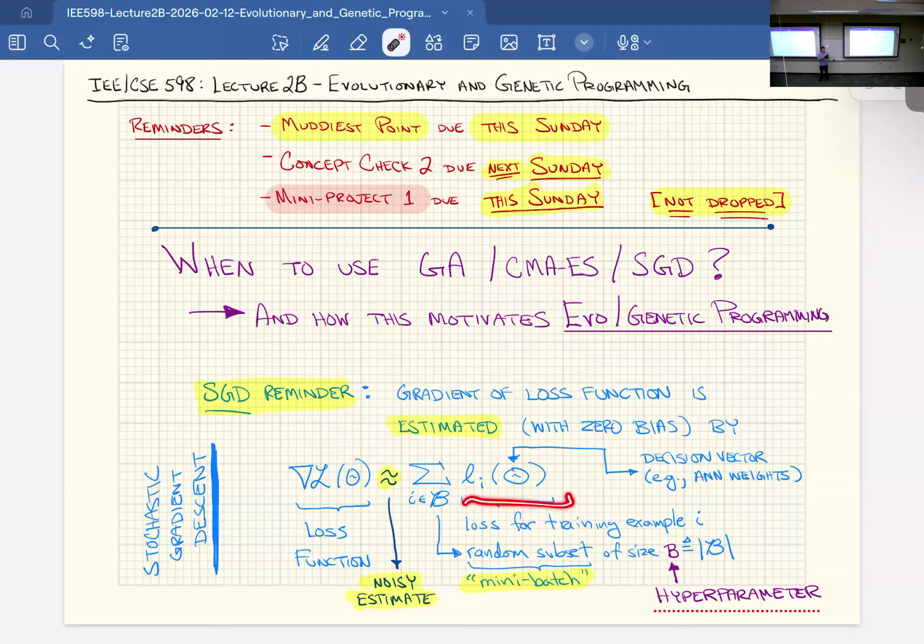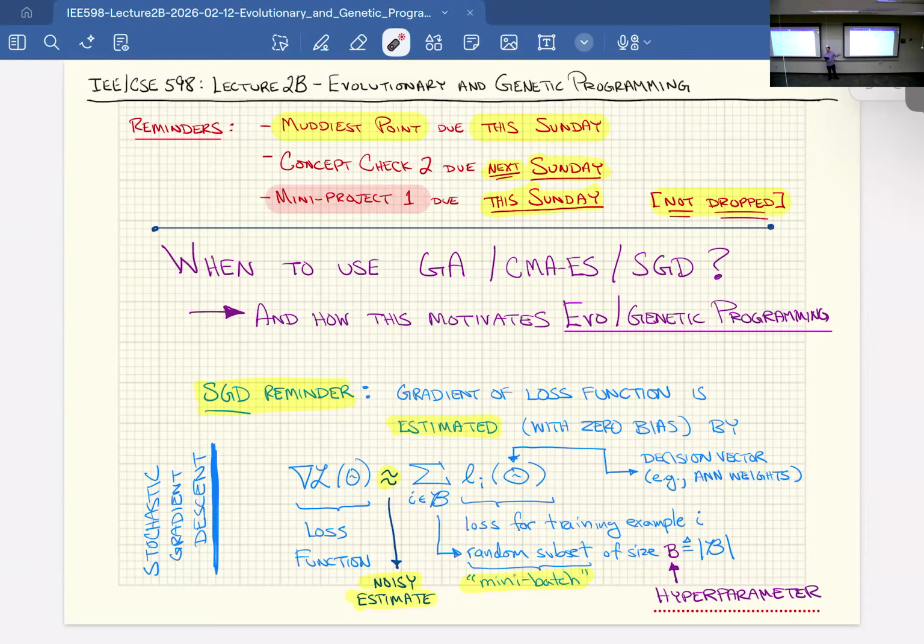This loss function will often just be a difference. So it might be: I expected you to predict a cat, instead you predicted a dog. I have some way to measure a metric difference between cat and dog, and I use that to penalize you for giving me the wrong answer or to reward you for giving me the right answer. And the stochastic part is you create these so-called mini-batches. I might have given you 1,000 or 1,000,000 training examples, and so you choose a subset of them every time you calculate the gradient.